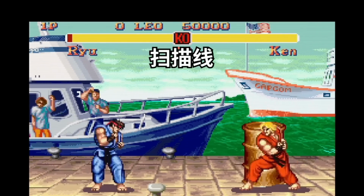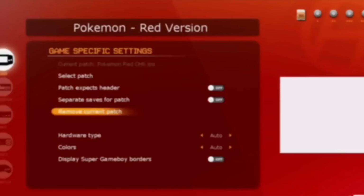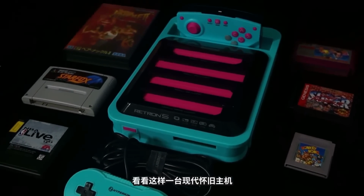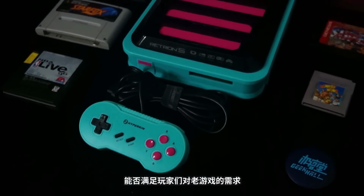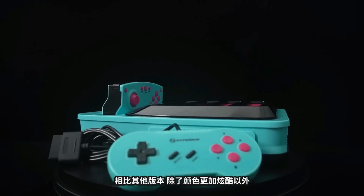And if you grab Hyperkin's 3-in-1 adapter, you can expand that lineup to include Game Gear and Sega Master System games too. Design-wise, the Retron 5 is a bit of a chunky beast, but it's got a certain charm with its functional design. It features 5 cartridge slots on top, each labeled for the different systems, and a front-loading slot